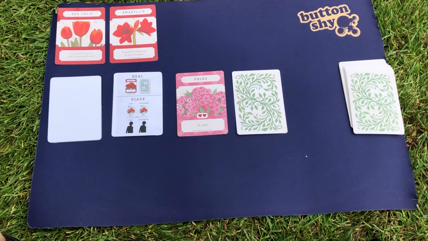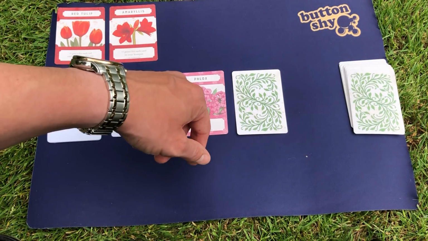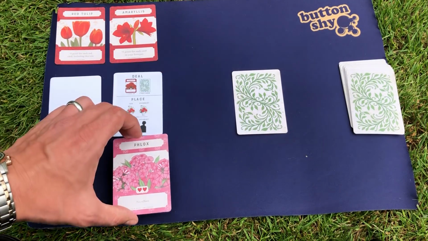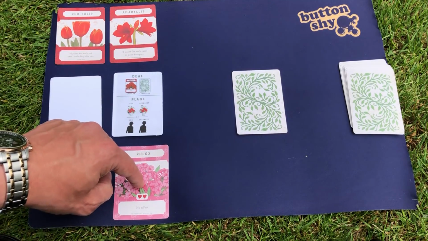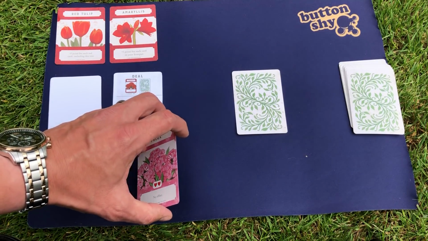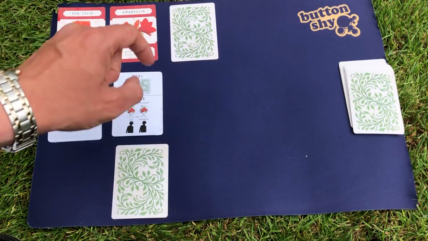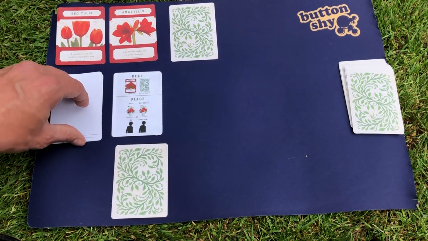2 points is good. Let's take it, I'll take it and see how we go. And if I take it as a keepsake, I don't want to give them another bouquet flower, so they take it as a keepsake, and I don't get to look at it. Okay, next card,